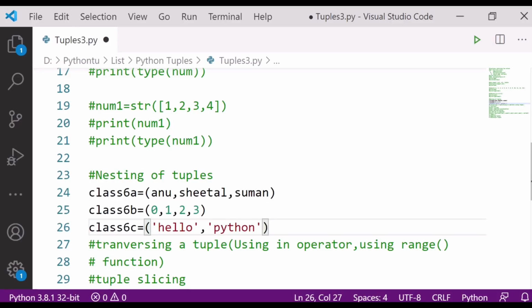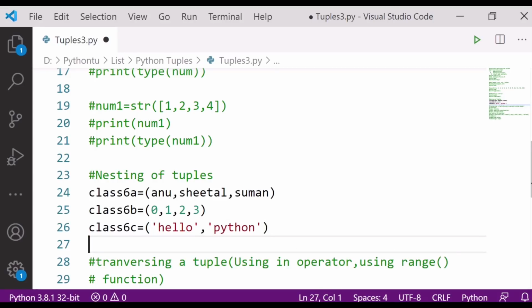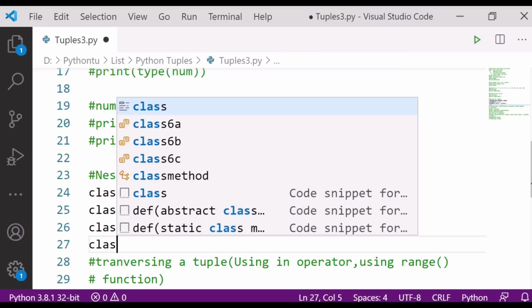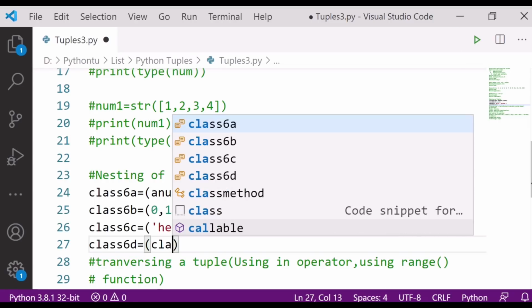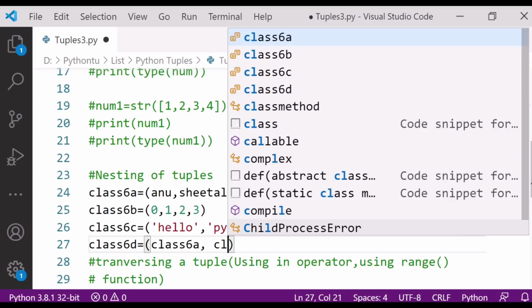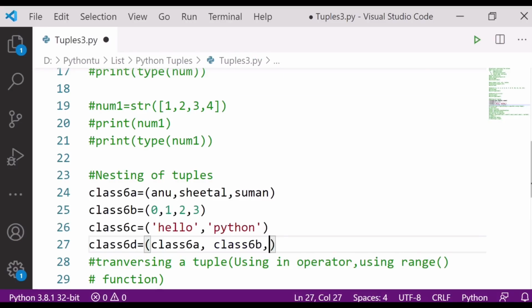Now what I want to do, I simply want to have the combination. I simply want to combine it. So I will create class 6d is equal to, I want to combine 6a, 6b, 6c. So I'll simply write here class 6a, class 6b, class 6c. I simply want to combine it.